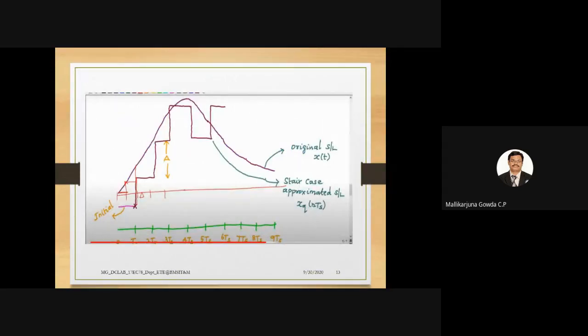Yeah, here it is shown. Keeping the sampling rate constant, if I increase the step size, how it will look. And the second thing is by reducing the sampling duration. This is the second case. By reducing the sampling duration, if I increase the step size, how it will be able to follow that.